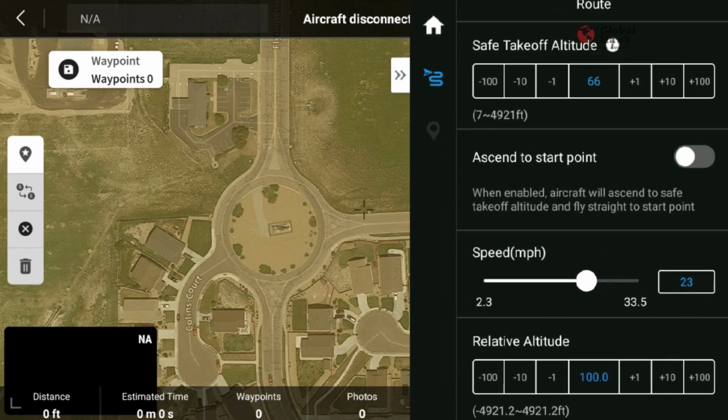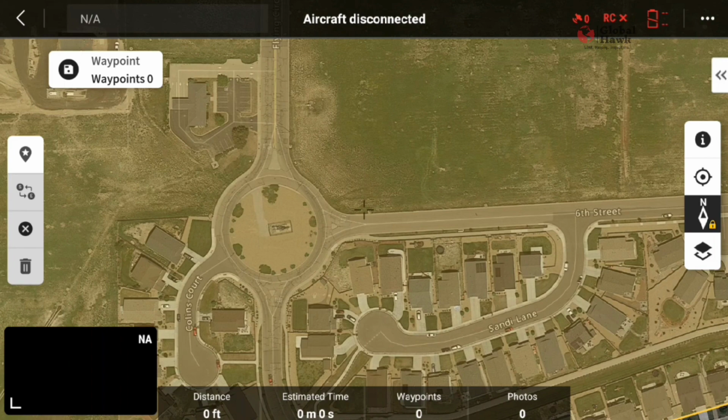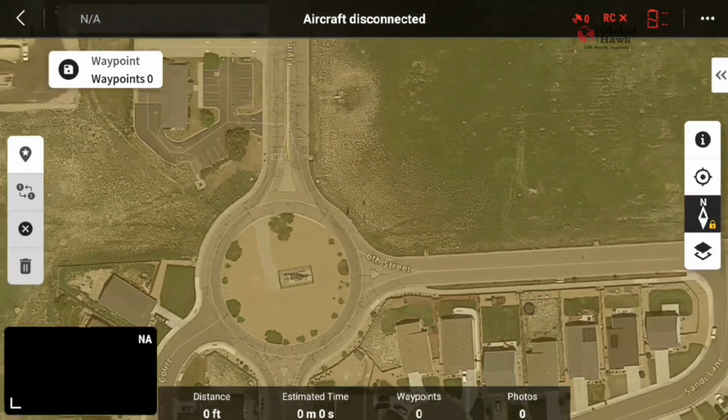That gives us an average speed of over 15 miles an hour no matter what. We know we're safe. You can max it out if you want to, just to be safe. It doesn't matter because once you get close to the turn, it'll set a 10-yard default turn and you'll be alright from there. So now we're going to shrink that window, then we're going to zoom in a little bit,